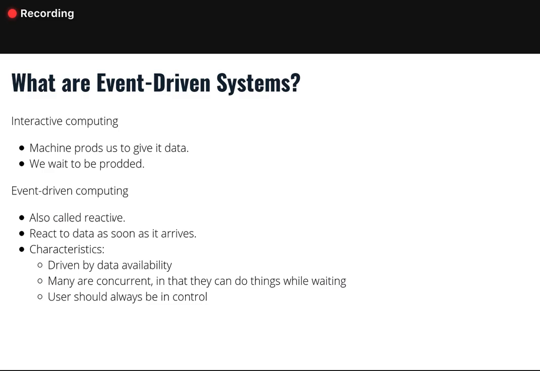That is to say that you run the program, it does some stuff, and then the program's all like, hey, I need some kind of input from the user. It prods us to give it data. And we wait there for it to go through and do its thing, and then give us a confirmation or ask us for some more data, and then we give it that data, and it continues on, and this cycle goes on and on until the program finishes in some capacity. Maybe it spits out a file, or maybe it just ends, and that's it. And that's interactive computing, and that's what we've been doing for the most part up until now.